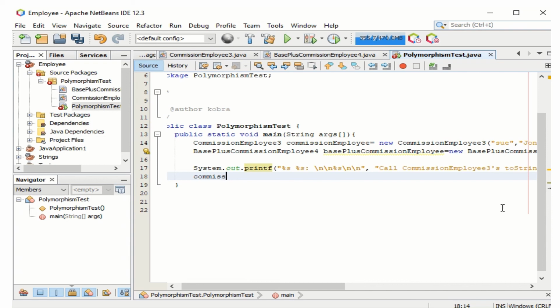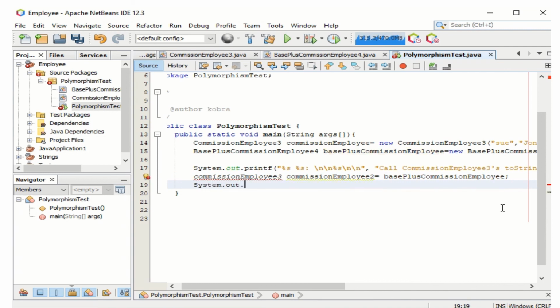So CommissionEmployee3 commissionEmployee2 = basePlusCommissionEmployee, right. And then System.out.printf, %s